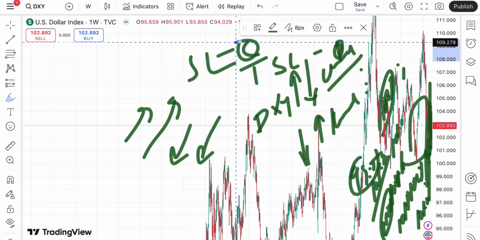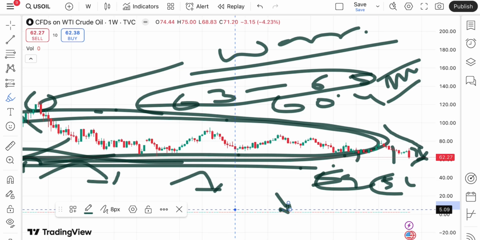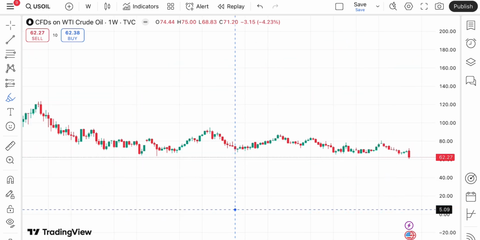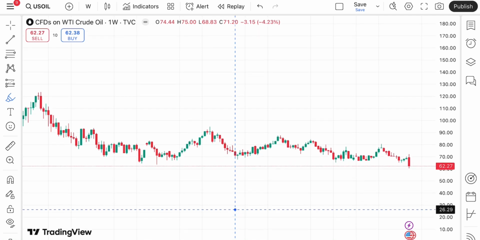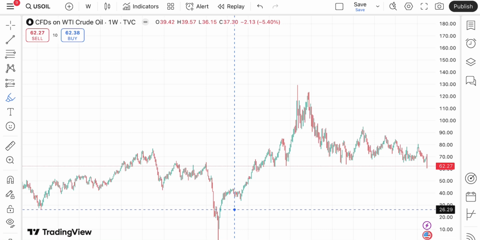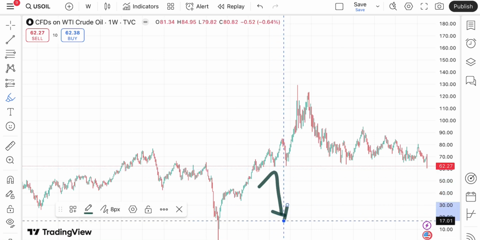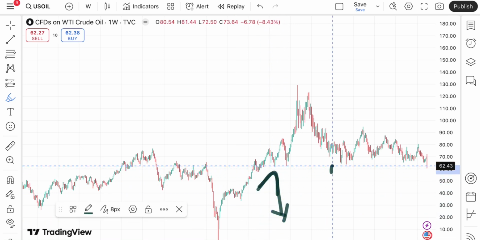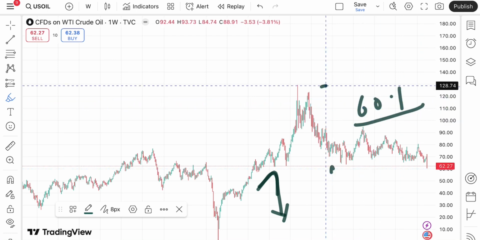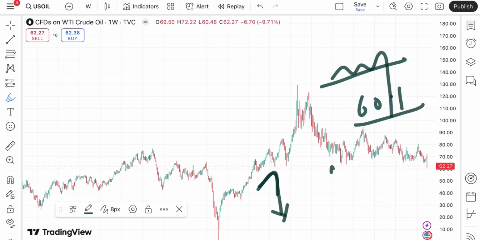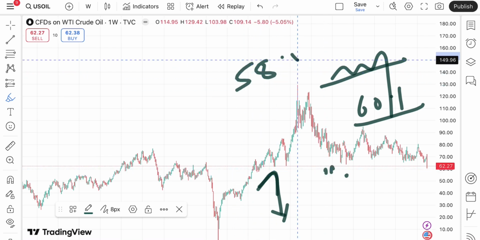Coming back to the crude price, what we can see, if you look at the crude price, it has already made a low of around $60.42. Okay, so if the price continues from this level, because see, I have told you a swing can come, a bounce back can come from this level. So if the price bounces back, it can go below a level of 60.1, because that is already being tested. So the chances are high it can move after that level to the next level, that is 58.45.